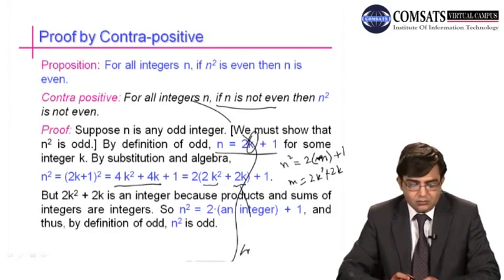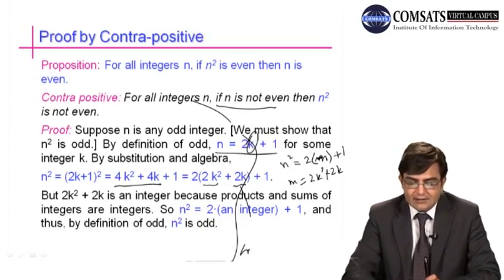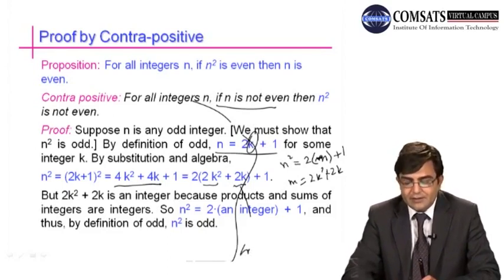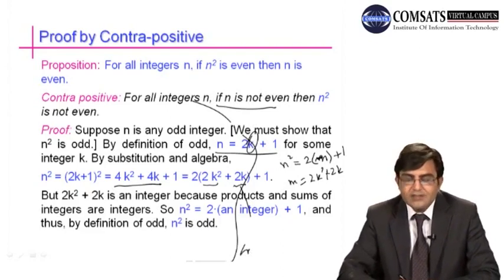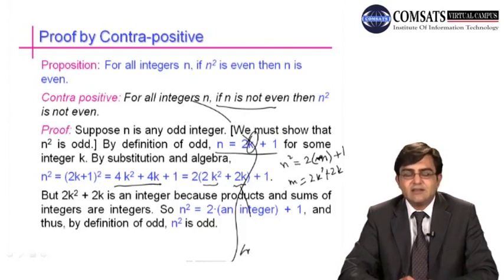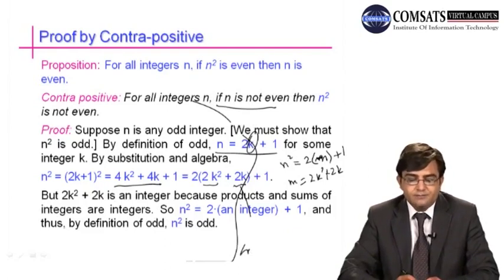So n square, now we have succeeded to write n square as 2 into some integer plus 1, which is the definition of an odd number. So thus, by the definition of odd number, n square is odd. This is what we have to prove, that n square is not even, that is, n square is odd. So the given statement has been proved,